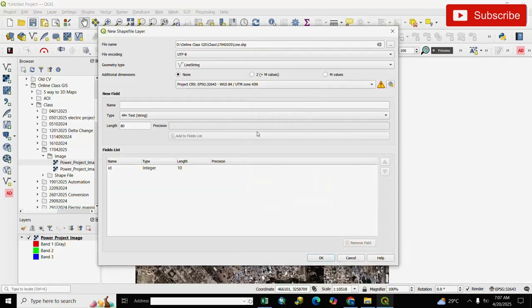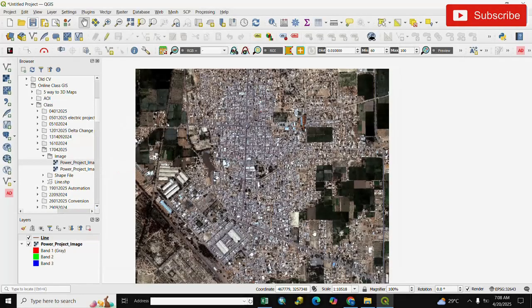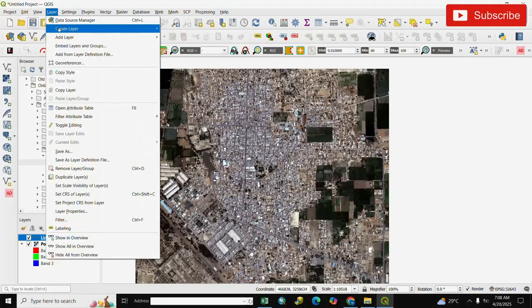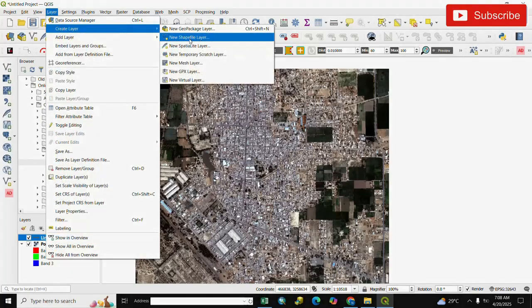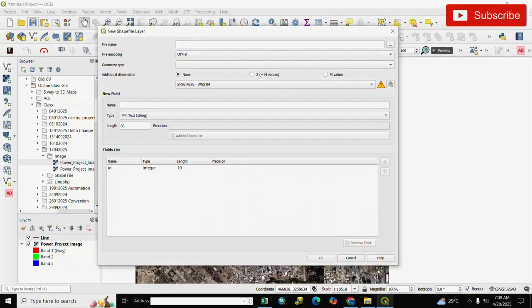After it, we select type string, field name, length, and length 80, and add to field and OK. Our line shapefile is created. We create the next shapefile: go to layer, create layer and new shapefile layer, and we select